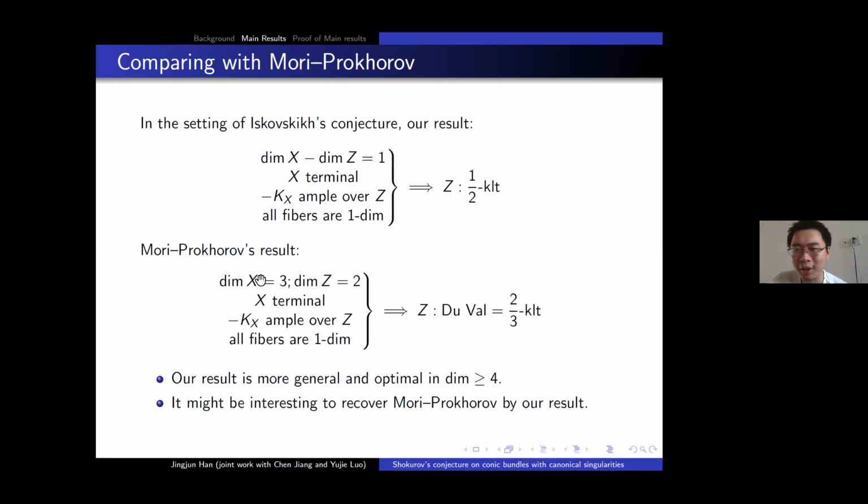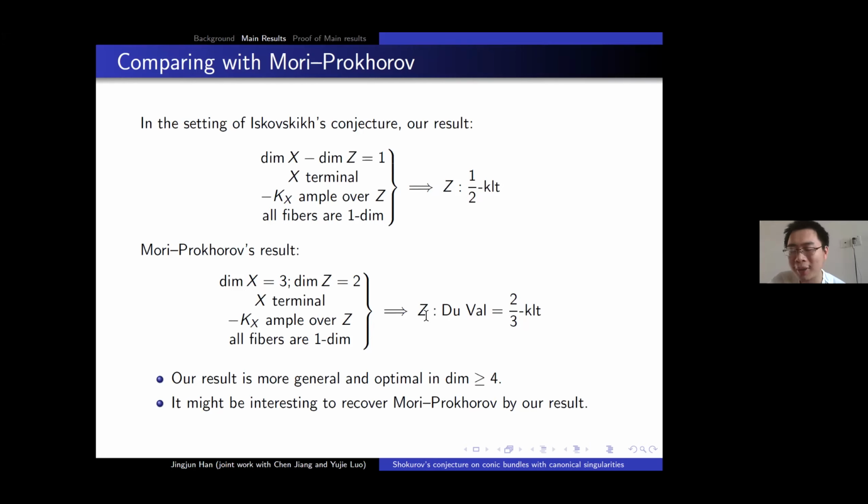Their result gives no information when the dimension of X is larger than or equal to 4. And the rest of the three conditions are the same: X is terminal, minus KX is ample over Z, and all fibers are of dimension 1. Then they show that Z is of Du Val singularity and of type A. So this means that,